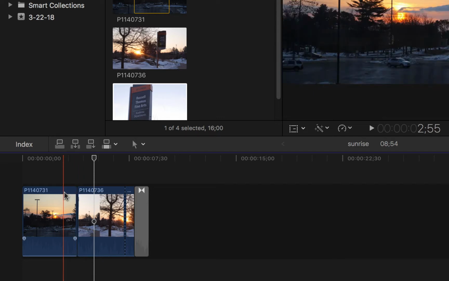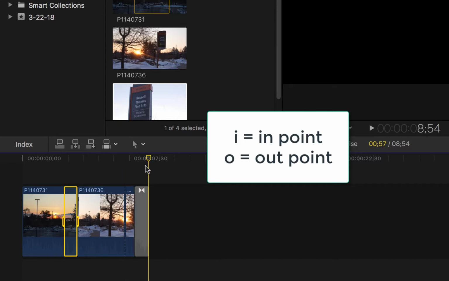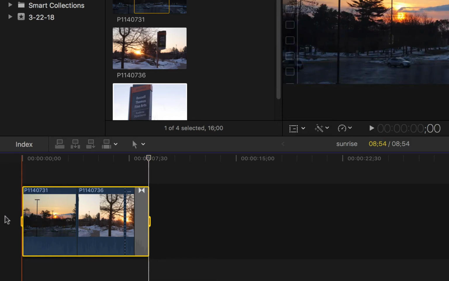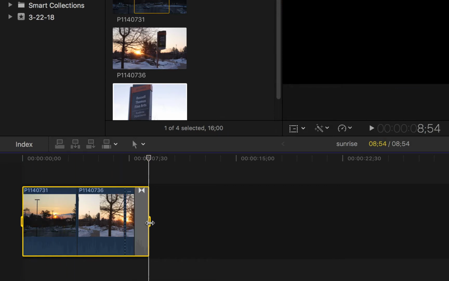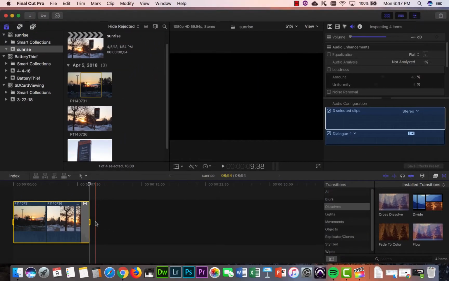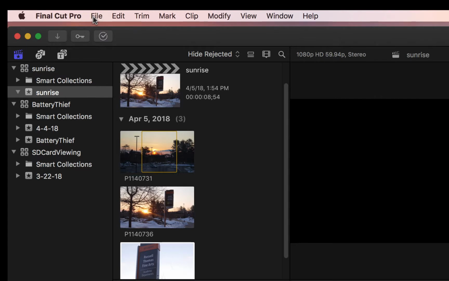And by doing that, you can click I for an in point, that's I for in, and then O for out. And then you can adjust those handles. So in this case, I want to share the whole segment, or I could just share part of it. Okay, once I have the part of the timeline selected that I want to share,